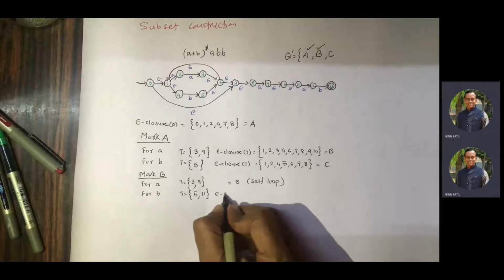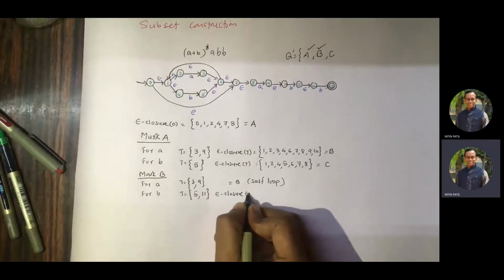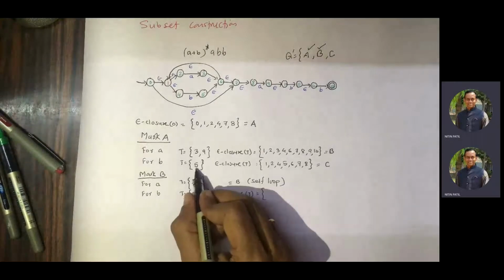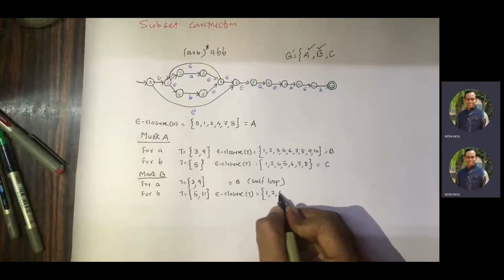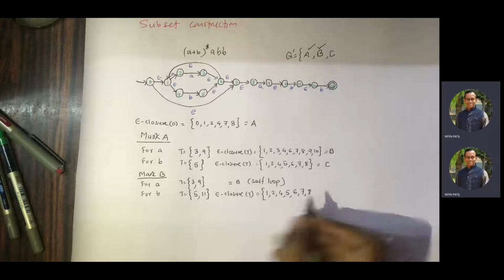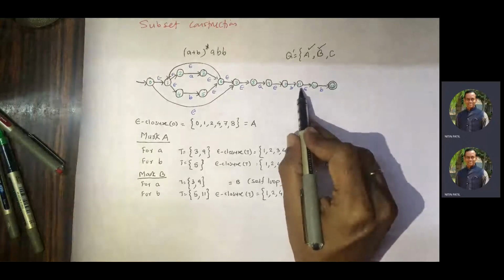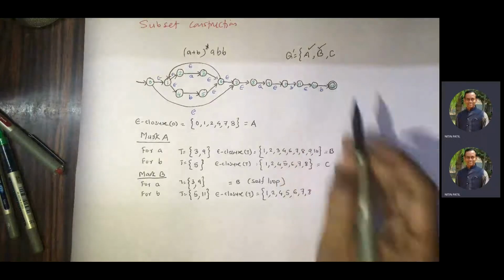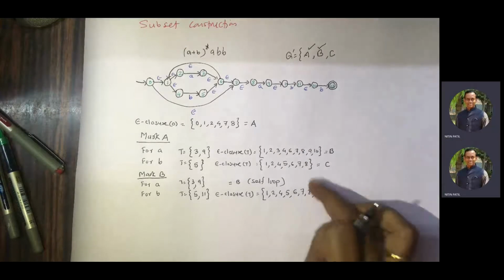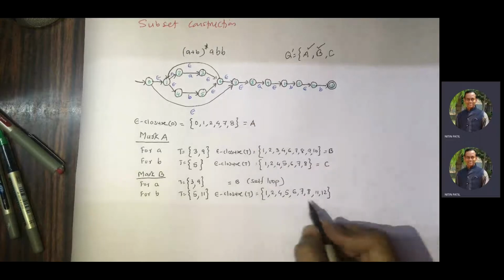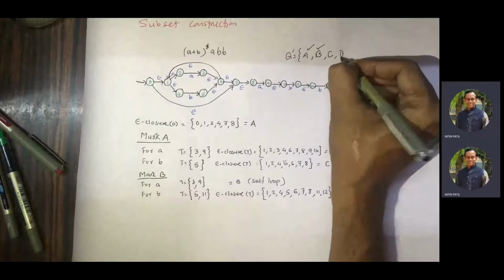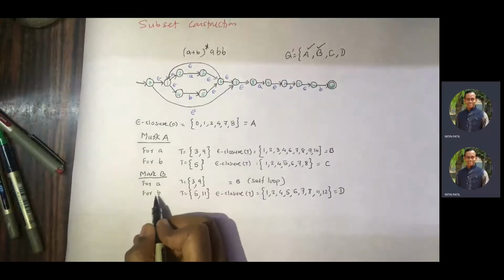Now compute epsilon closure of T. What is the epsilon closure of 5? Let us first write that. We already computed this, so let us write 1, 2, 4, 5, 6, 7 and 8. And now 11. If I compute 11's epsilon closure, it would be 11 and 12, so you write it here. Now you try to compare this set with the earlier three. This seems to be new, so you add it here. We are done with A and B for B.